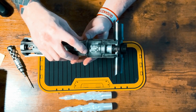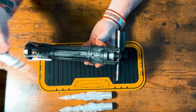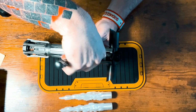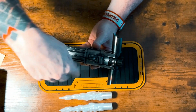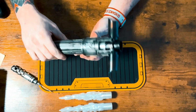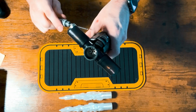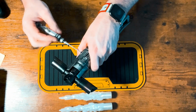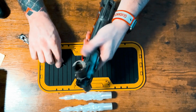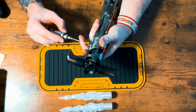So around the circumference of this part of the hilt, there are 3 set screws. You want to unscrew all 3 of those. Now keep in mind, I just flung that screw into the ether. Hopefully I'll be able to find it. This isn't like my old place where there's old wooden floors that things like to get lost in